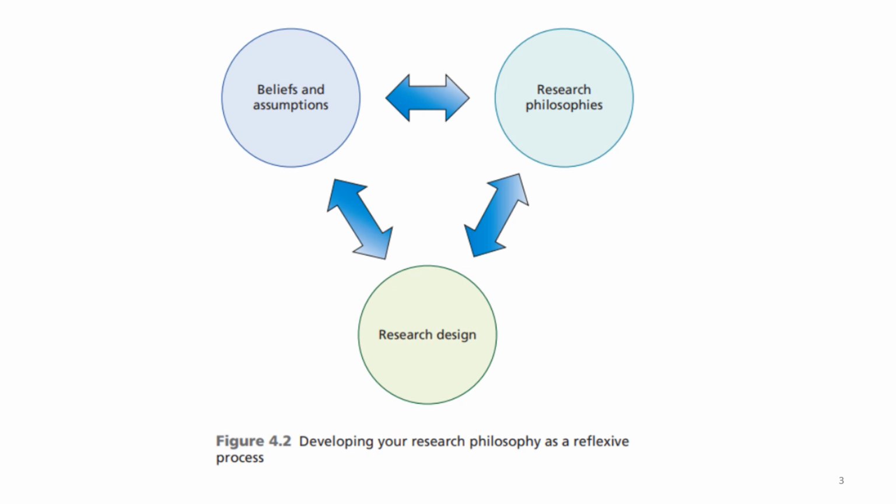After you have determined your research topic and research problem, the best way is to start with the reflexive process as shown in the diagram. You begin by asking yourself questions about your research beliefs and assumptions, as we are going to see in the next slides. Then you will familiarize yourself with the major research philosophies which are important in the business and management field. This dual course of action will help you set in motion the development of your research design. And sometimes your research design can also determine your research philosophy and impact your beliefs and assumptions about the research.